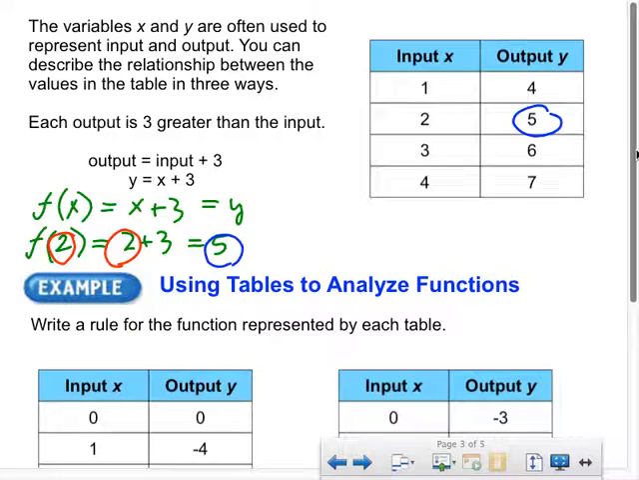If you notice, what is the common difference for all my outputs? It's +1. Nice. So if you agree with Michaela and you saw that each of my outputs had a common difference of +1,